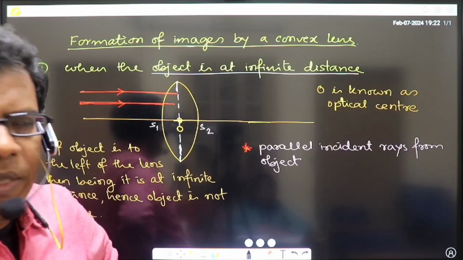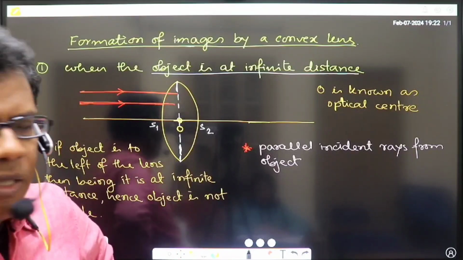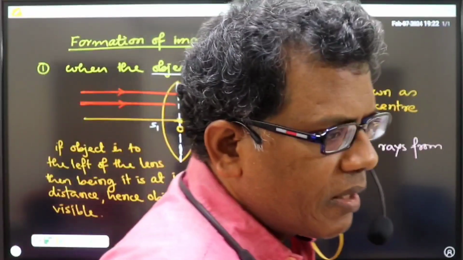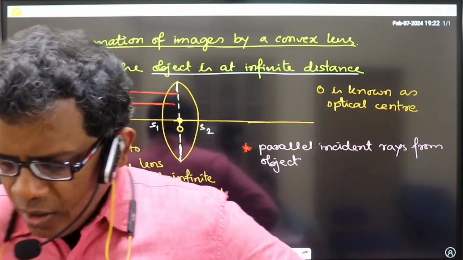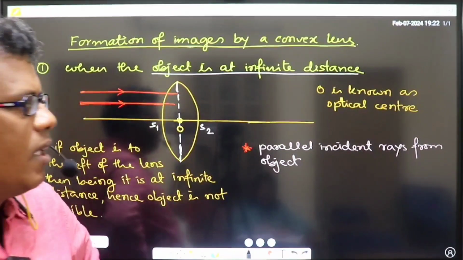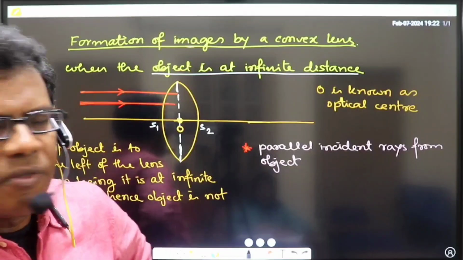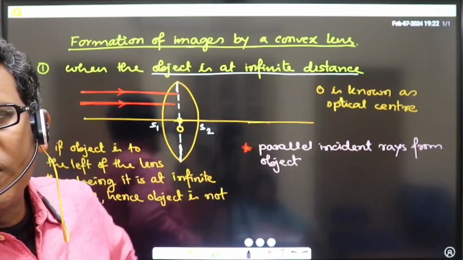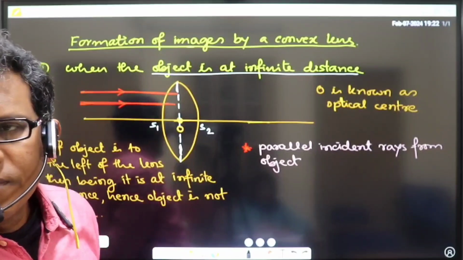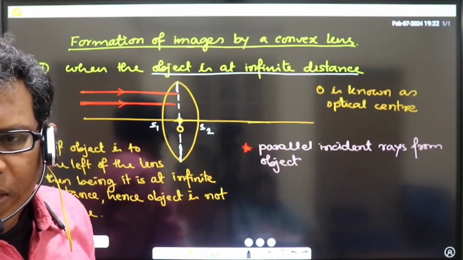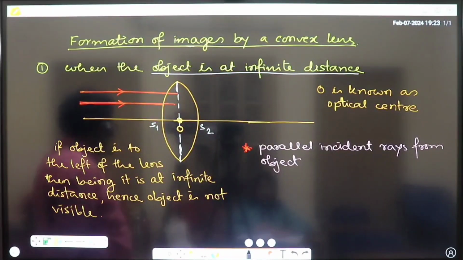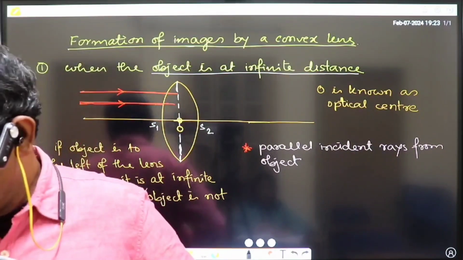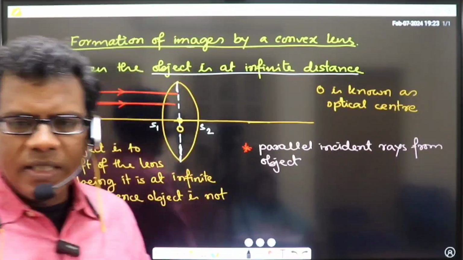So that you can't measure that separation. If you can't measure the separation, the conceptual logic suggests that the object is so far from the reflecting or refracting surface that it is not visible from there. Are you getting me? That's why in every book you will see that whenever it is a case relating to object at infinity,